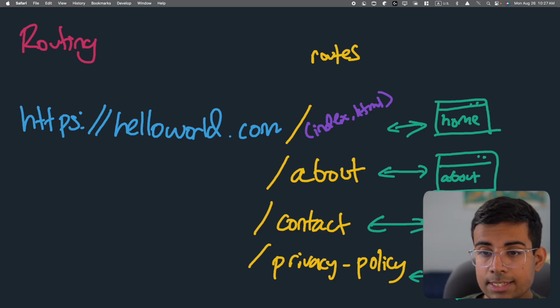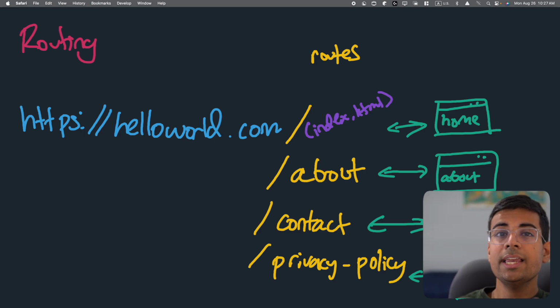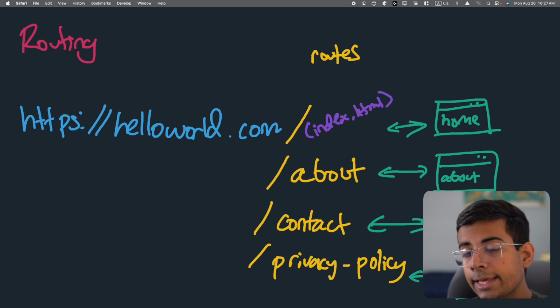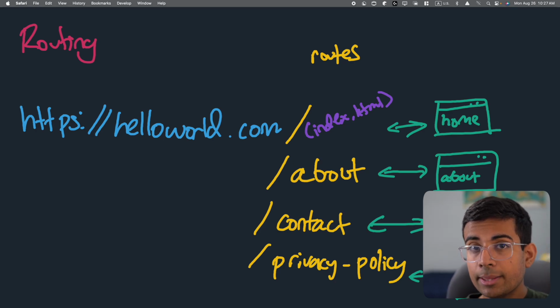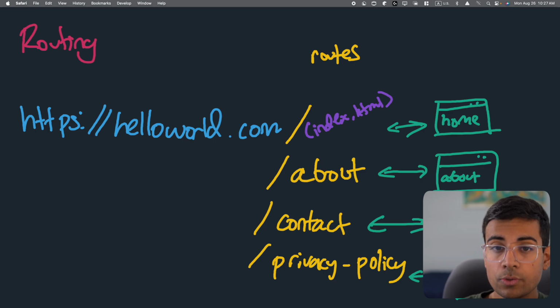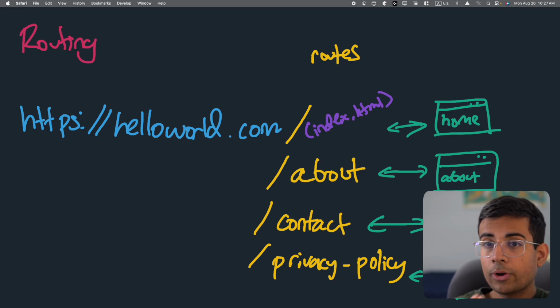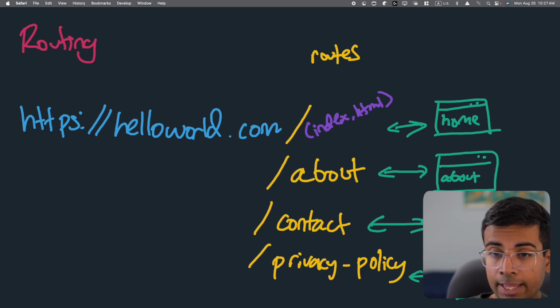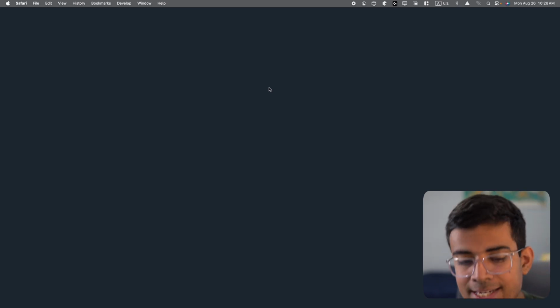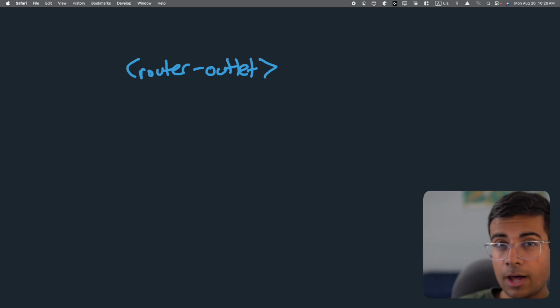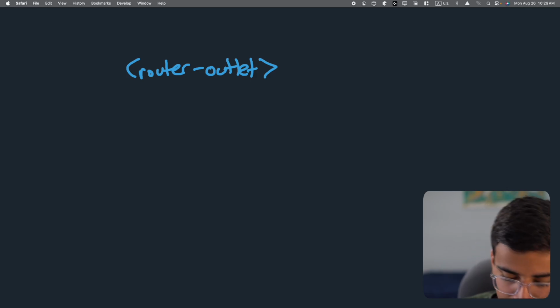And so what you'll notice is a website has these pages associated with a specific URL or a specific route. And this becomes very important in Angular because we will create specific pages, but then we want to associate them with a route so that when a user types in the route in the browser, we're able to show the correct page on the screen. Now, this system where we connect routes to pages is really important because in Angular, we have an element called the router outlet. And what router outlet does is depending on what URL a user has typed in,